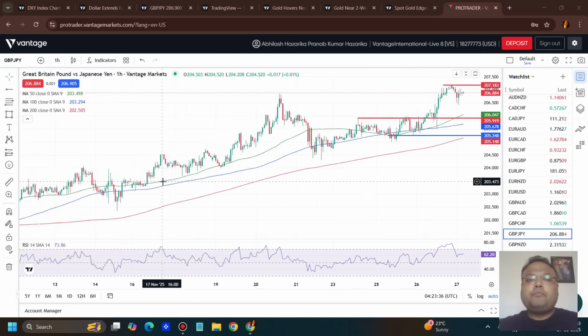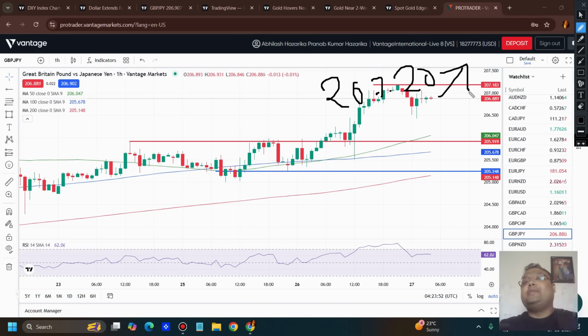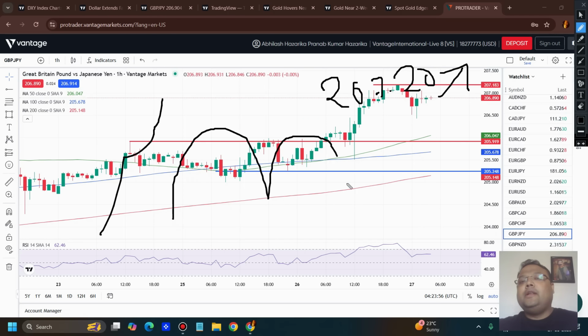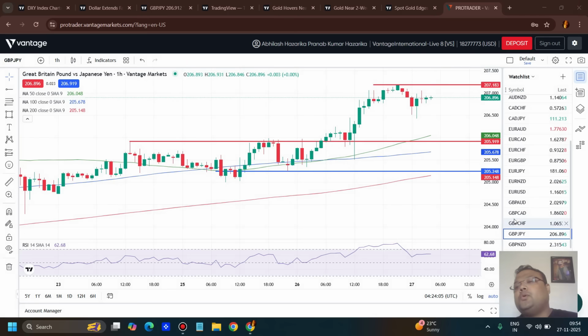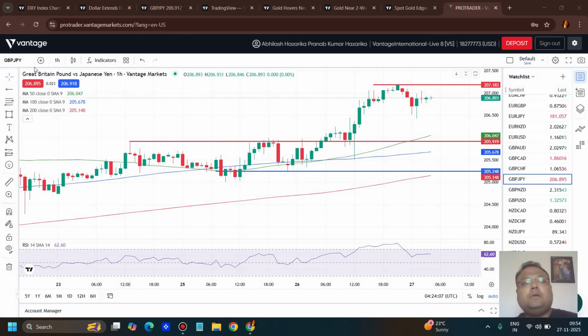But here as a day trader, you can also look for a buy at breakout above 207.20, the red line at the top. Means if the market breaks it like this, you can buy at breakout. But always keep in mind, the market doesn't go up like this always. There will be retracements. So after 40-50 pips, you can exit. But if you are already holding GBPJPY, you can hold your buy position.